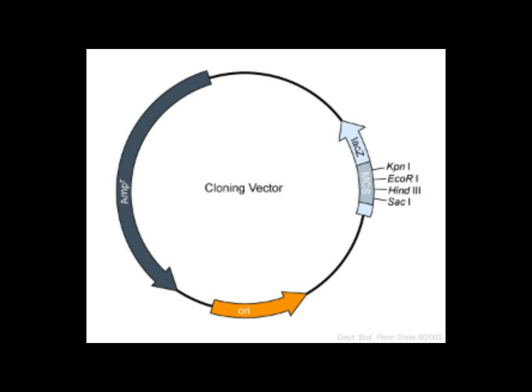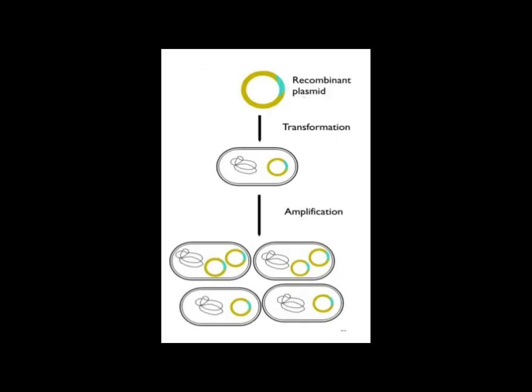Suppose the vector is cut at the region of the ORI, or at the replicon, the foreign DNA may get integrated into that region. So the entire autonomous replication property of the vector will be lost. That is why it is insisted that there shouldn't be cutting sites in the replicon region which contains the ORI. And the next property a vector should have is that it should be easily transformable into host cells.